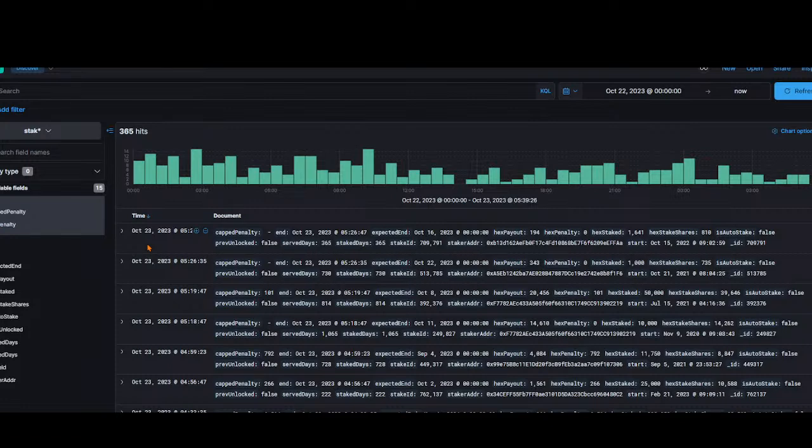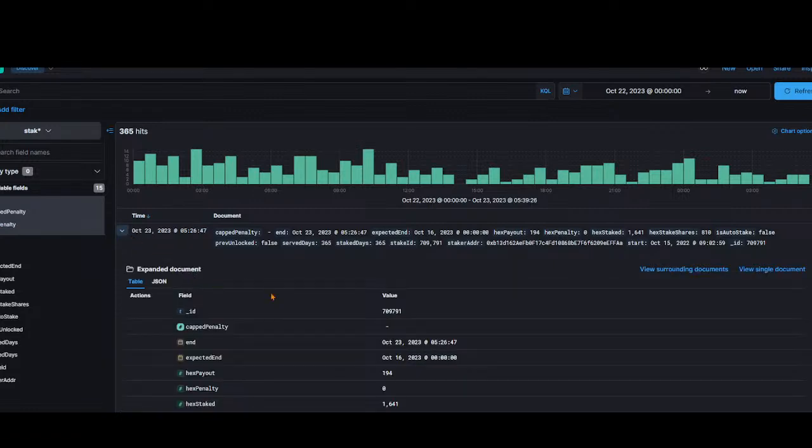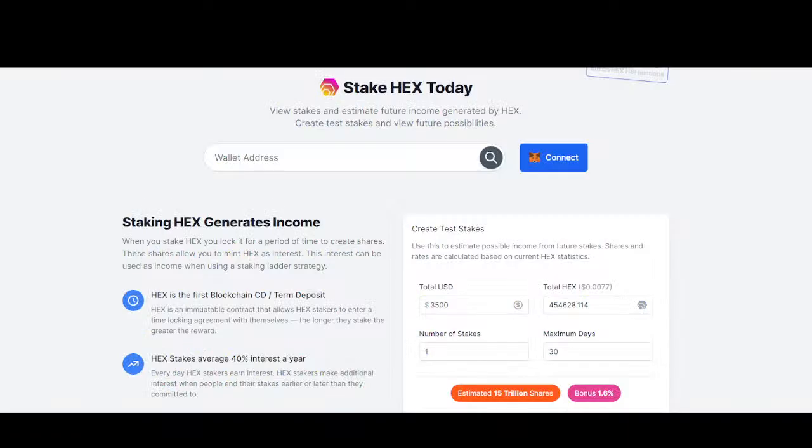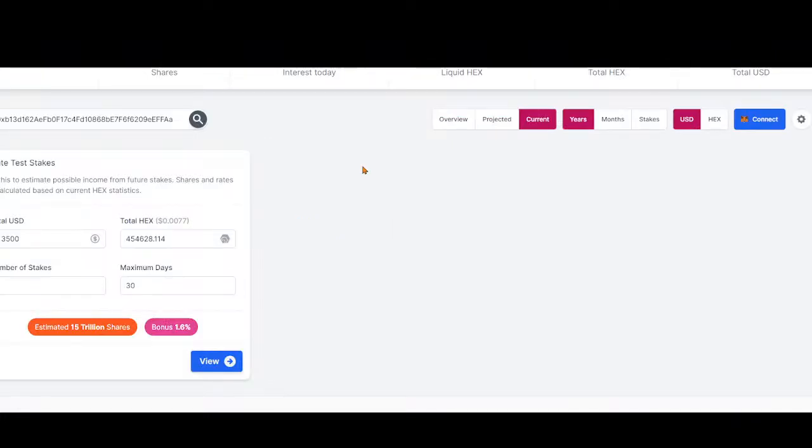I don't know if you guys remember a website, I can't remember the name of it now, and every time a stake would start, end, or anything otherwise, you'd see a coin drop down from the sky like a little slot machine. It was very cool. I'm not sure if that is still around, but basically looking at this screen here, hex.vision, you can see someone very recently, relative to the time now, ended a stake, potentially. I'm guessing it does, because that's pretty much all it shows, as well as penalties and things like that.